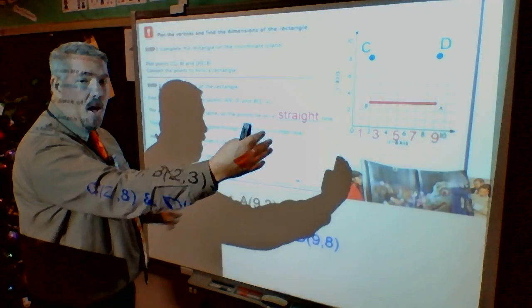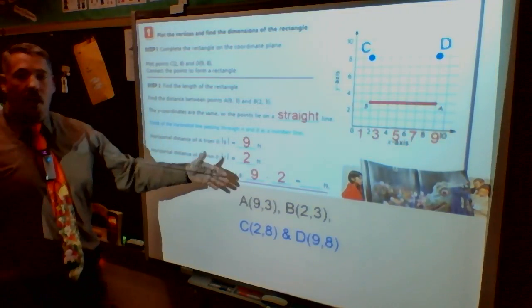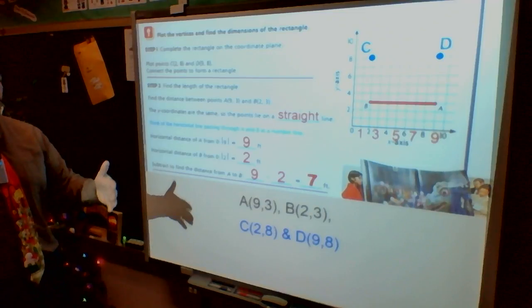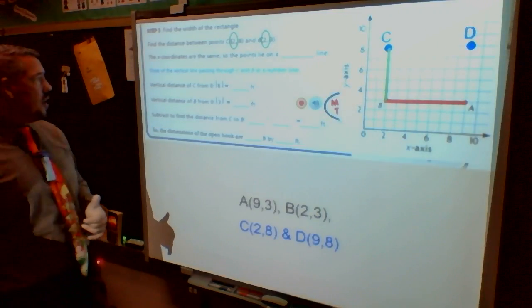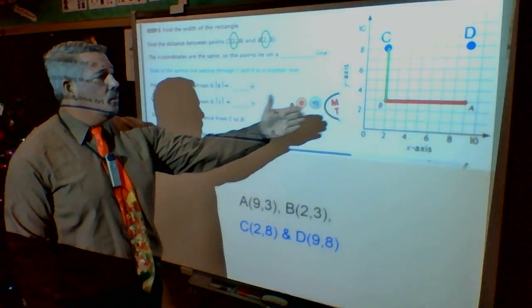Well, if I'm going from 9 back to 2, I want to know the distance between the two. It's just basic subtraction. You could also count them so that you know it was 7. It would work the same way. And then it looks, well, what about the side or the height